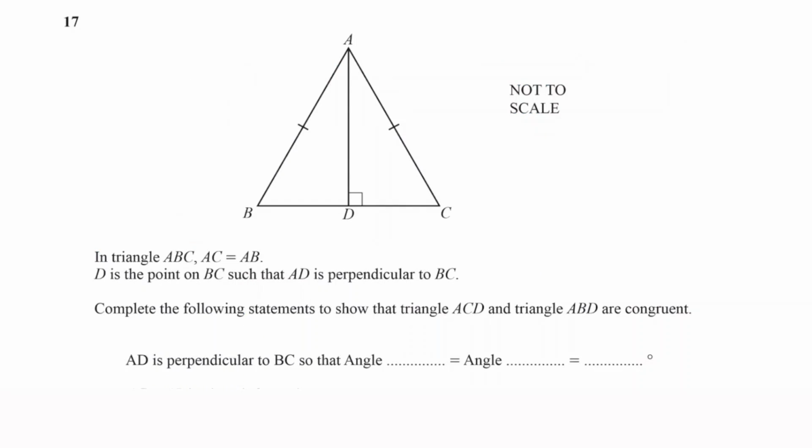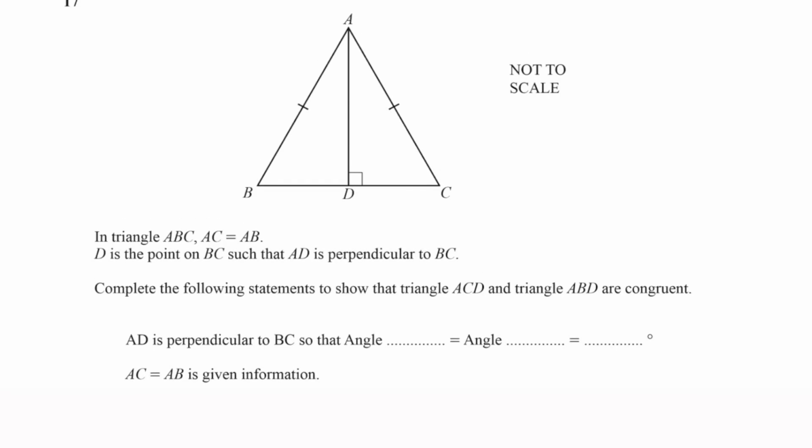So let's move. Question number 17. In triangle ABC, AC equals AB and D is the midpoint of BC such that AD is perpendicular to BC. Complete the following statements to show that triangle ACD and triangle ABD are congruent. Some of the statements are already given. We have to say that this triangle